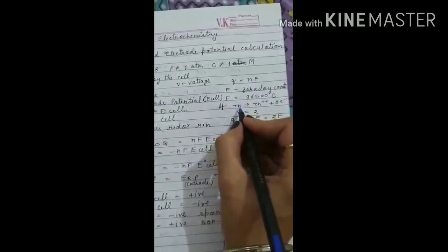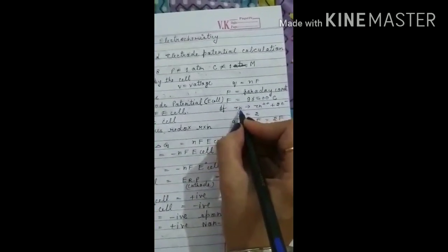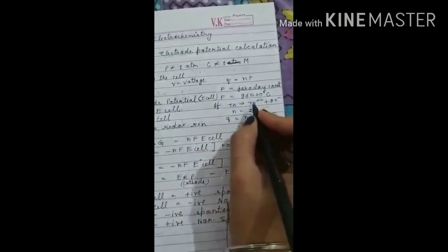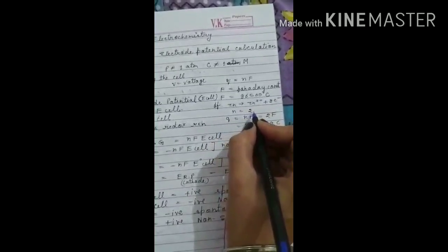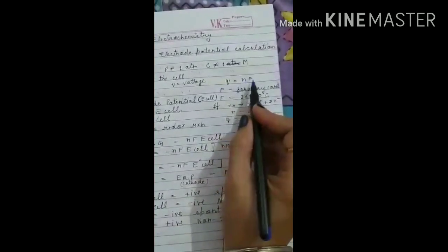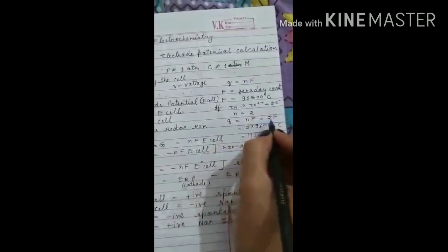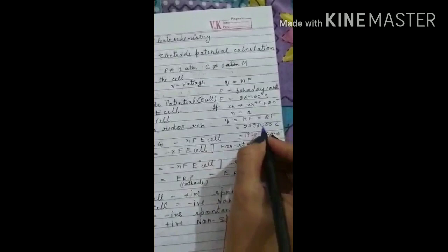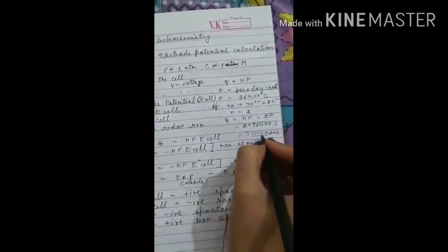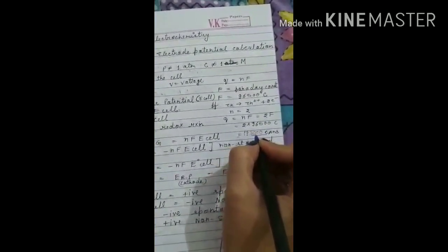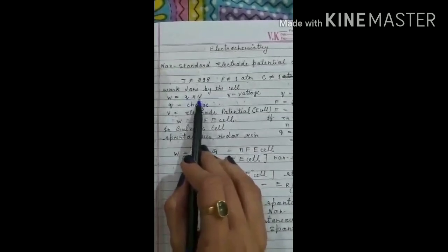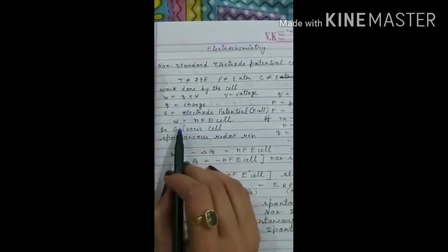If we consider the half cell reaction, zinc is releasing 2 electrons and it is going to be oxidized, carrying 2 positive charge. So here the value of n will be 2. If we put the value of n and F in this formula, we get 2F. 2F will be the charge. If we put the value of the Faraday constant also, then it converts into coulomb and we get 193,000 coulomb.